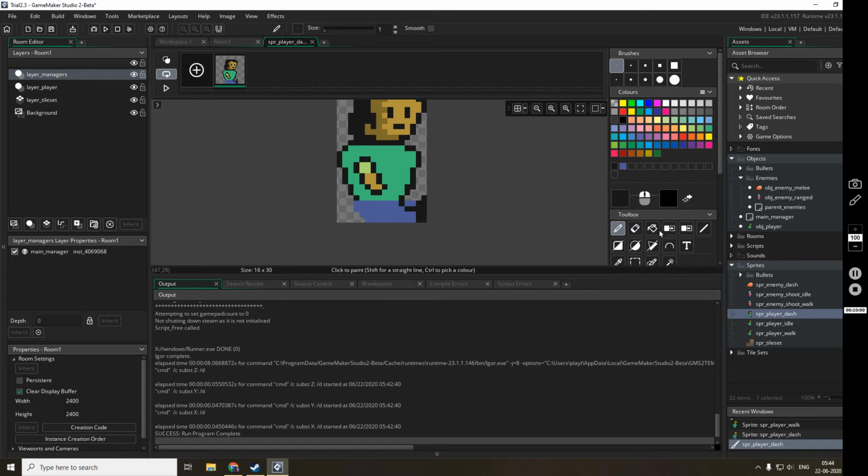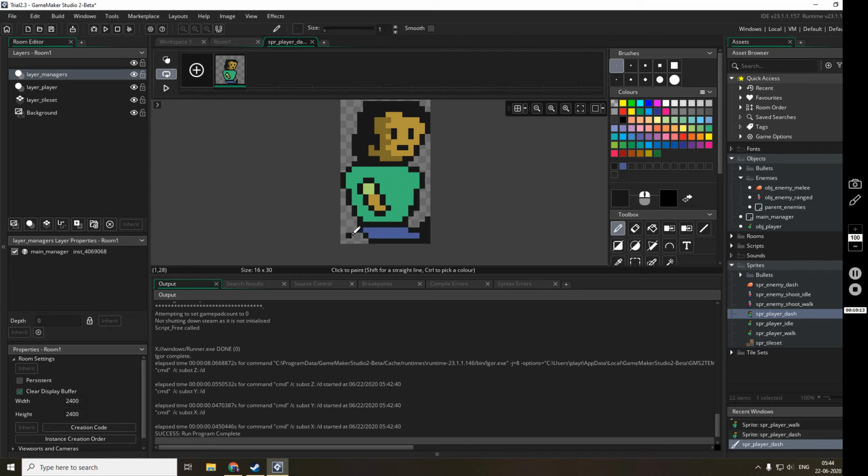So this is the dash animation, the dash frame. There is just one frame. You can create particle effects behind the player if you want, but right now I'm just happy with this.